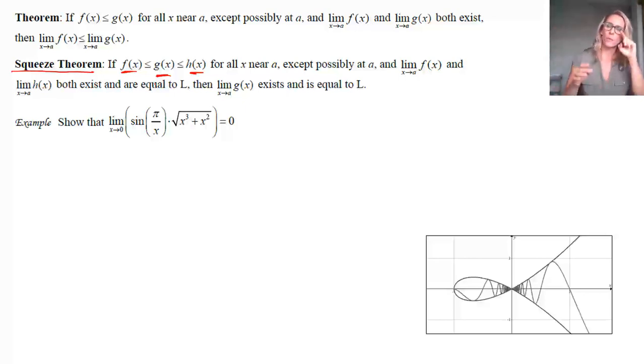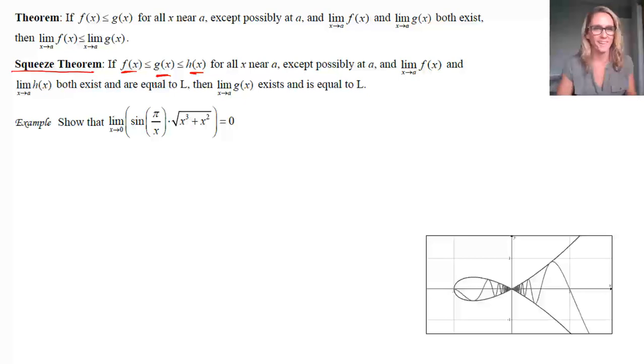Okay, and again, we have to remember that it doesn't matter if there is an actual value at the limit you're approaching. So you have these limits at the smaller function and the larger function. And the interesting thing is, if you find that you have two functions where both their limits are something, and you have this other function that's in between those two, well, then it has to have the same limit as they do.